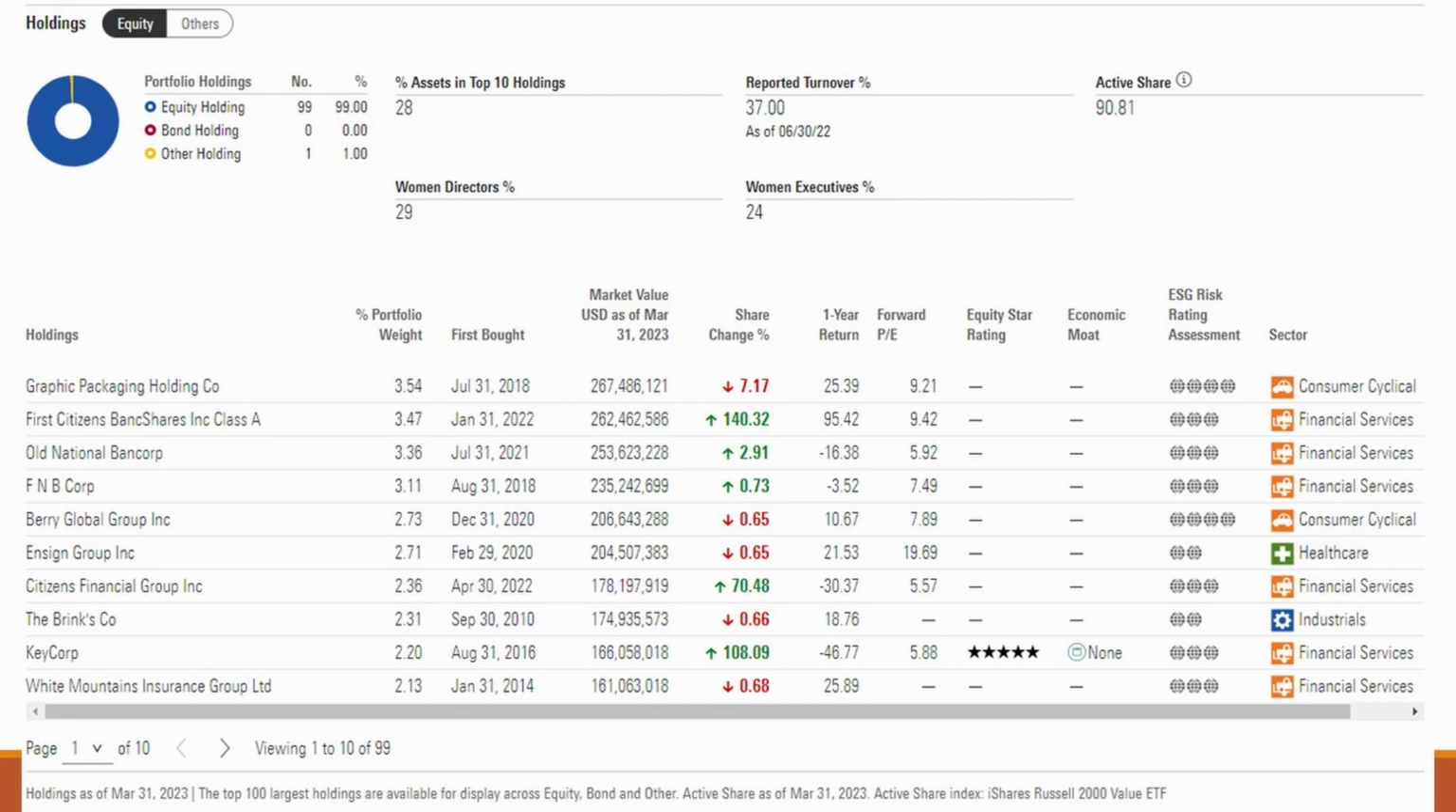And if you look to the far right on the page, we see the sector of each of these stocks. You notice that a lot of them are in financial services. That's because this is a value fund, and financial services tends to be a sector that is priced like value stocks. So to answer the question in the end, whether or not your portfolio needs the fund that you're interested